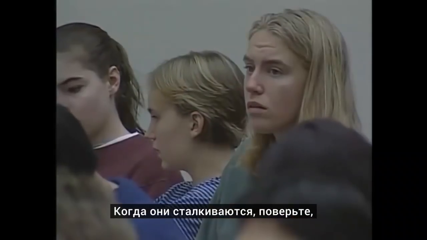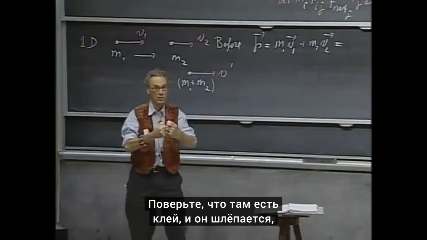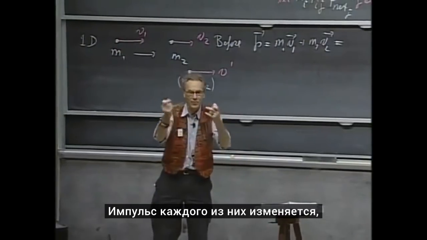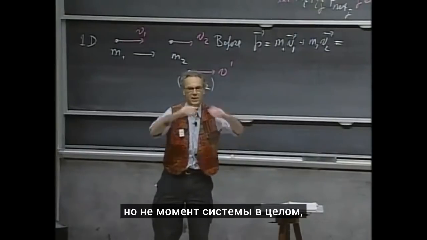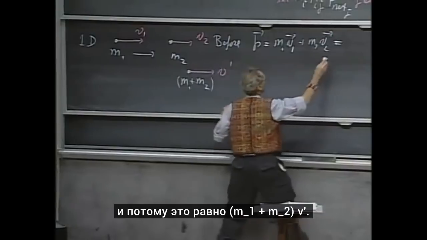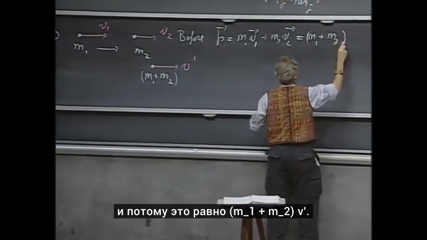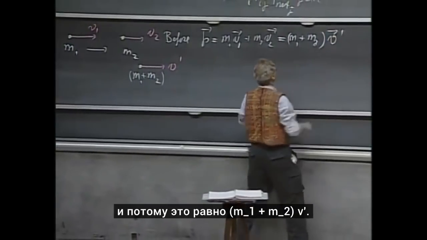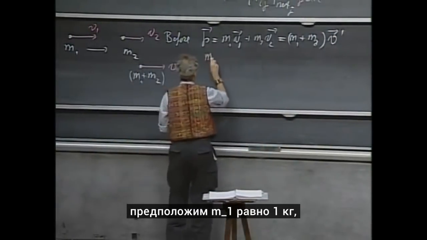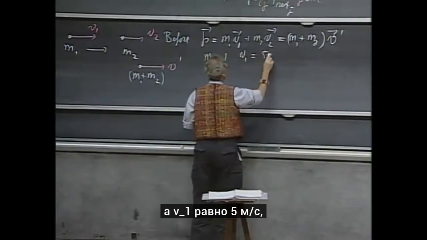When they collide, you better believe that there are internal forces. You better believe that there is glue. And it goes plunk, and they feel those forces, both of them. The momentum of each one individually is changing, but not the momentum of the system as a whole. And so this equals m1 plus m2 times v prime. And so if we put in some numbers, suppose m1 equals 1 kilogram, and v1 is 5 meters